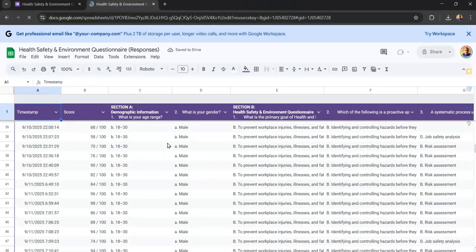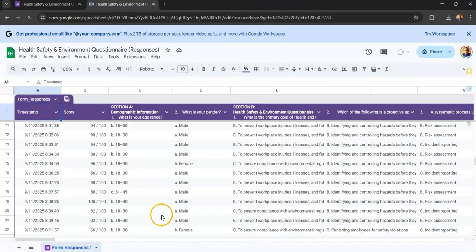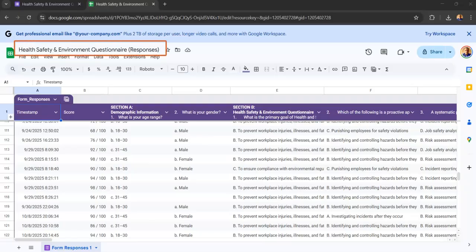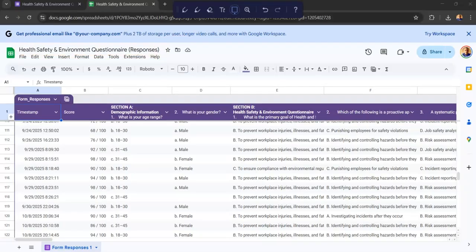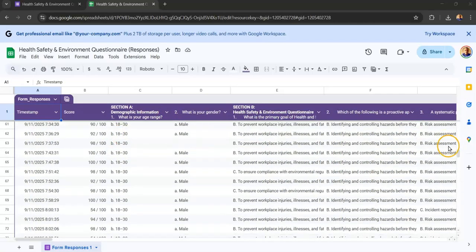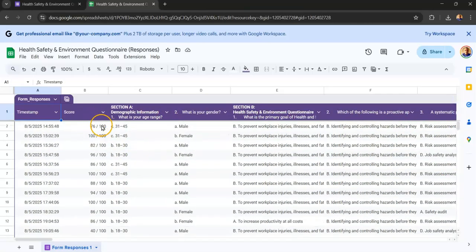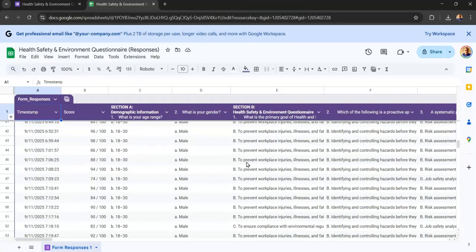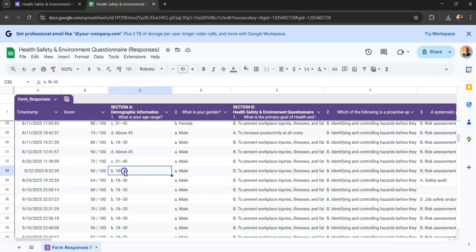All our 52 respondents, we have their responses exported, and then you can see the name of the sheet is Health, Safety and Environment Questionnaire Responses, and then we have all of the responses. So from here, if I just scroll up, you have the scores in this very place, and then other questions depending on the form that we have. So now that we have our form here, we can actually perform further analysis. So now that we have our form in the sheet, we can actually